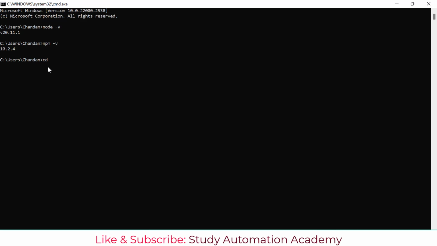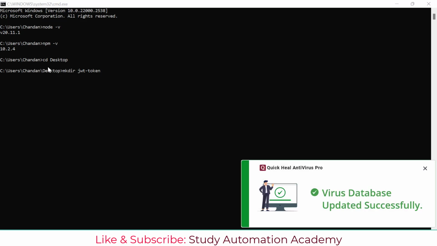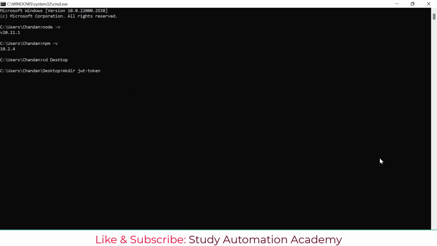After that I'll just move to my desktop, and here I will create a new folder. So I'll say mkdir JWT token API, JWT token app. And after that I'll just move to this folder,